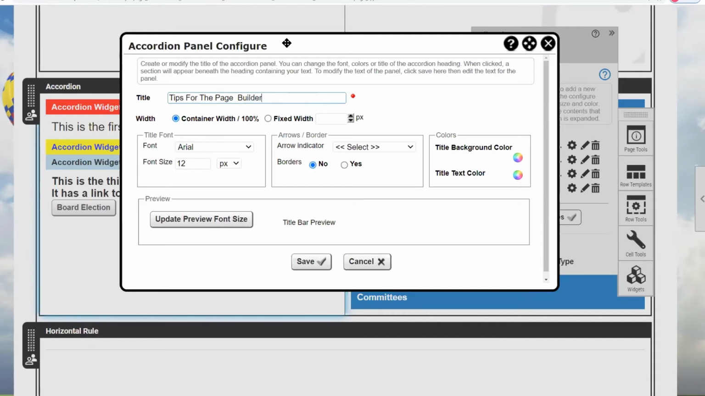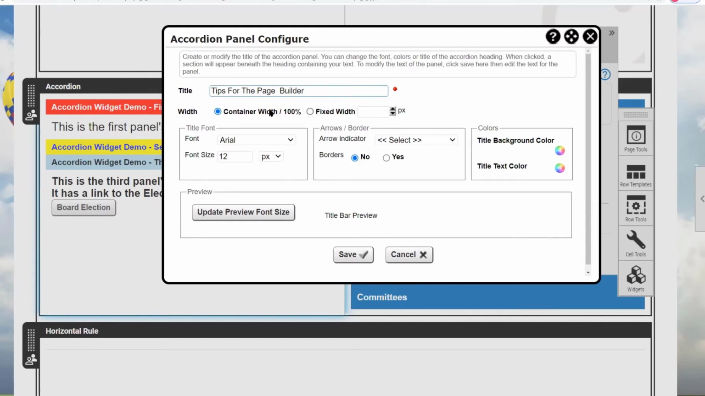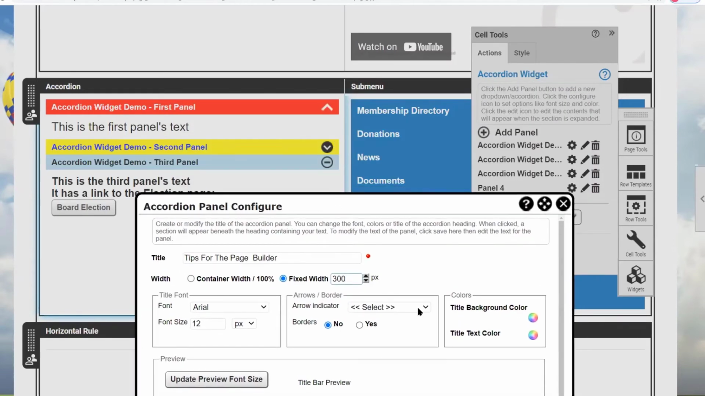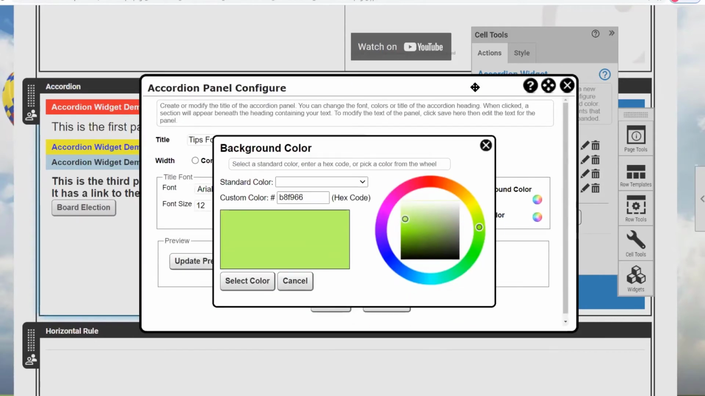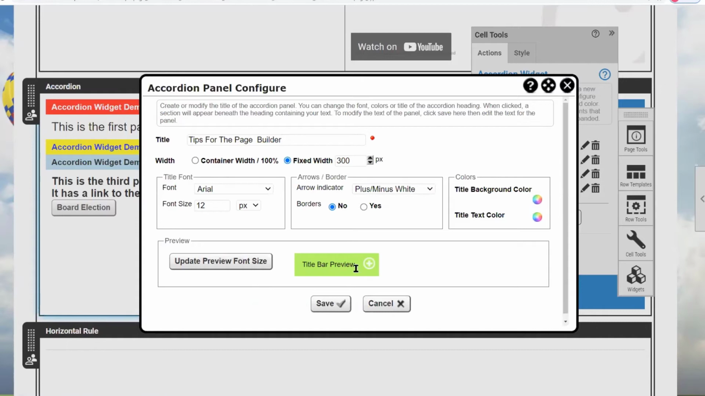And here I can decide, do I want this to be the full width? In this case, I'm going to say no. I only want it to be, say, 300 pixels wide. And here's where you decide what kind of arrows you give it. So if I make this plus minus white, it'll come up. You can decide whether or not you want borders. What color do I want the background to be? So let's make this one a light green. And I select the color. You have a little title bar preview here. You can decide the font size and all of that. And if I save this